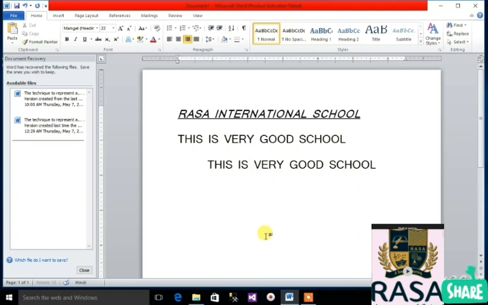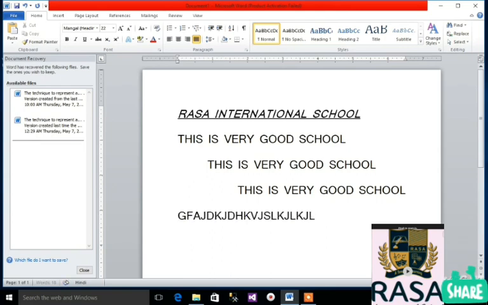If I select right alignment, it will start writing from right. If I select justify, then it will write from left to right, the whole place like this. You can choose.